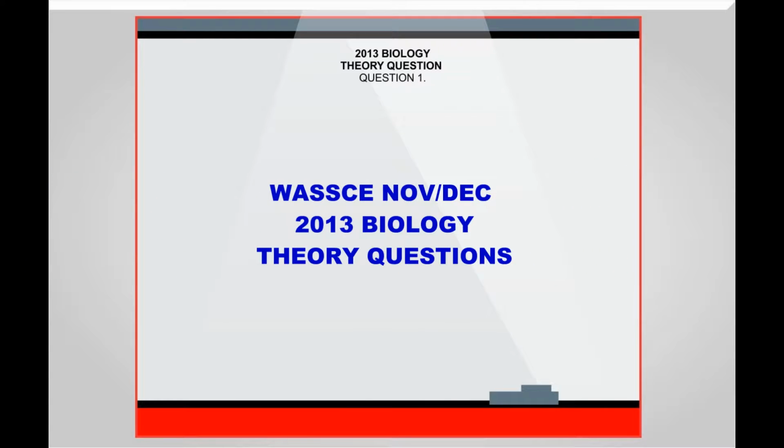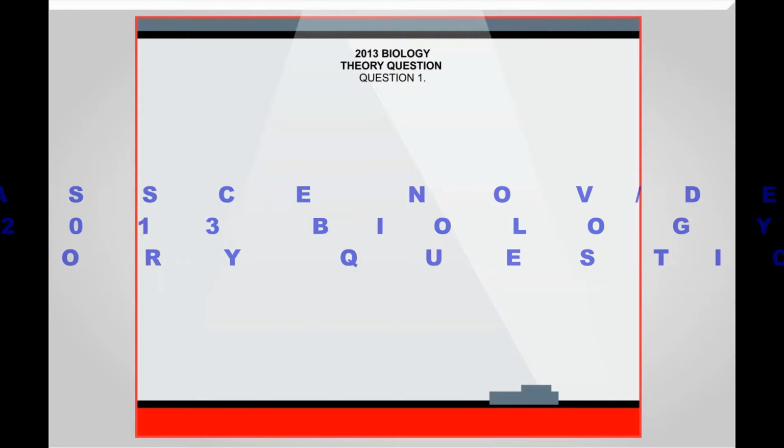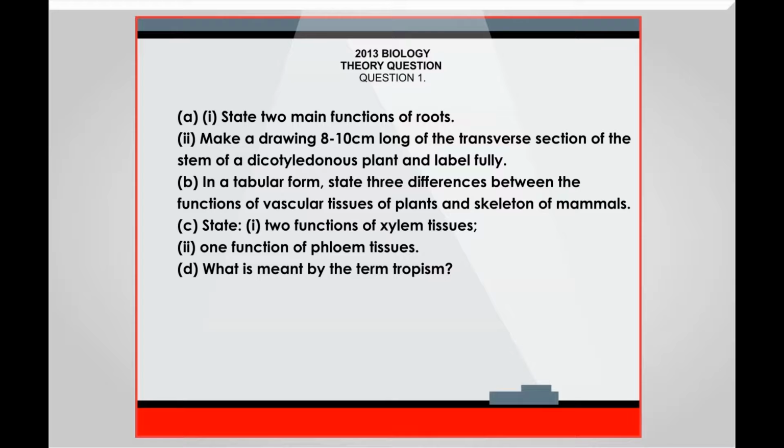We are treating biology theory questions from November to December 2013. Question 1. State two main functions of roots. Make a drawing 8 to 10 centimeters long of the transverse section of the stem of a dicotyledonous plant and label fully. In a tabular form, state three differences between the functions of a vascular tissue of a plant